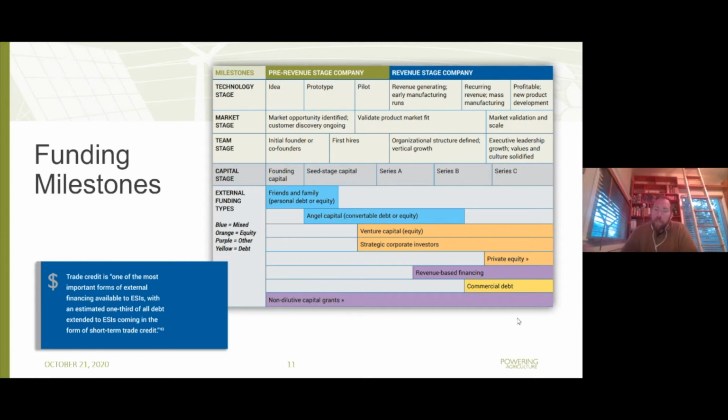and where they are in development. So if we think back to the Powering Ag program, a lot of the portfolio that I was working with was in between prototype to pilot, some also starting to create revenue, having early manufacturing. They'd validated some sort of product market fit. And then if you look down to what kind of capital they should be trying to attract, it was that seed stage capital, which is typically the first round of external money. That's money that's not just coming from what we call friends and family or from the innovator's own sources of capital. This is